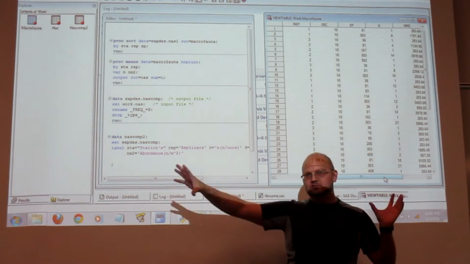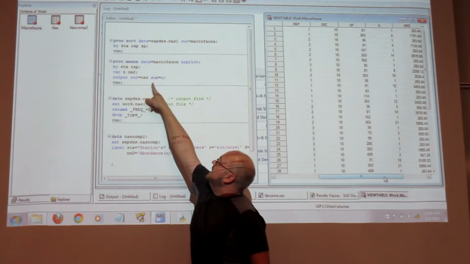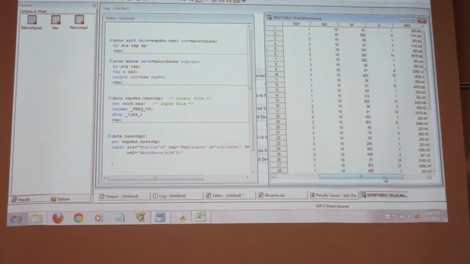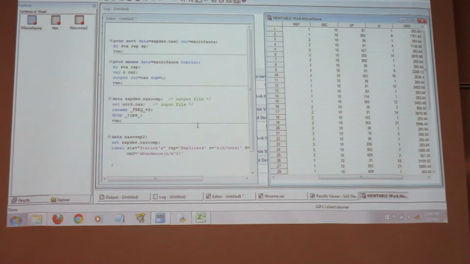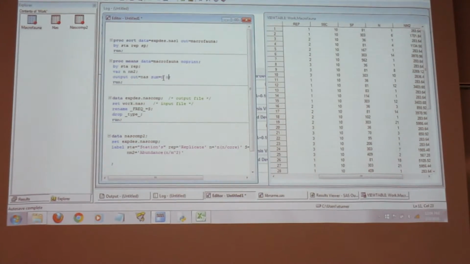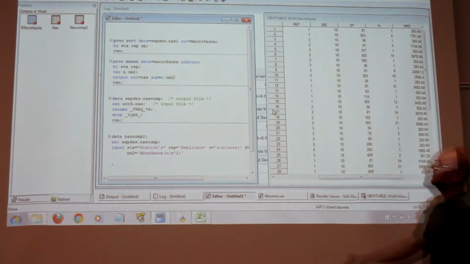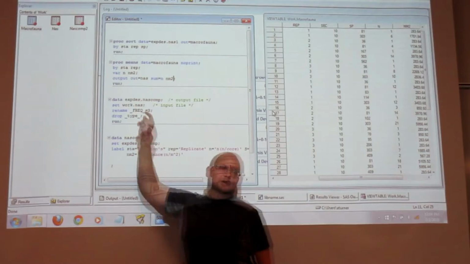You can add 100 of them. It doesn't care. It'll do it. But now we want to output the sum. So we need to tell it down there to output not only the sum for n, but also the sum for nm2. I want both of those, because now we're adding one here.